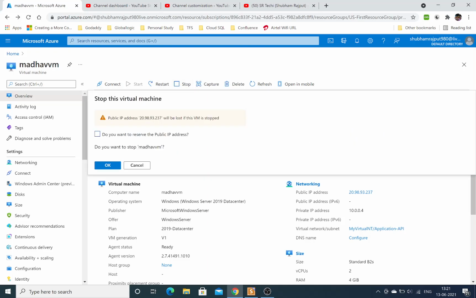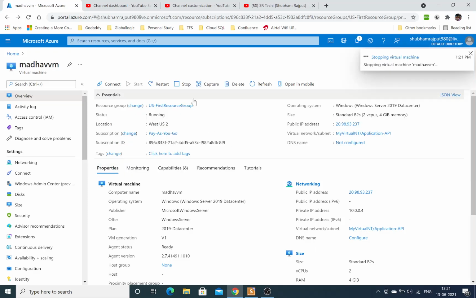Just click on stop. It shows that the public IP address will be lost if this VM is stopped. You can preserve it by clicking over here, so your public IP will not be lost, but the public IP cost will be added. If I stop it, my virtual machine will automatically stop.